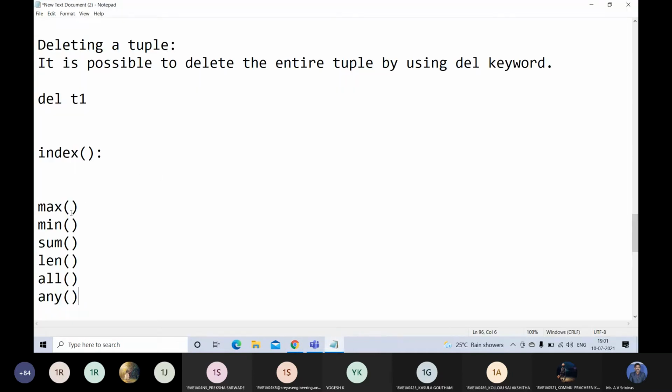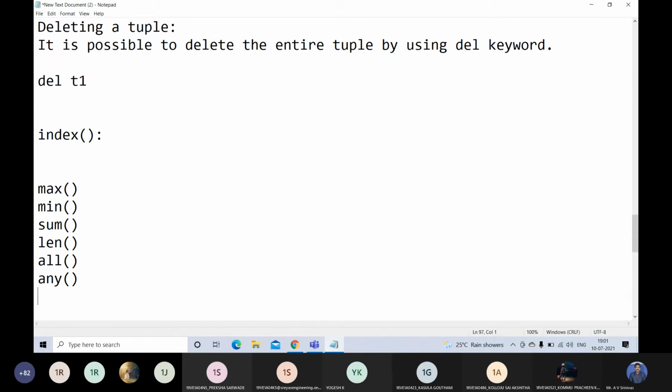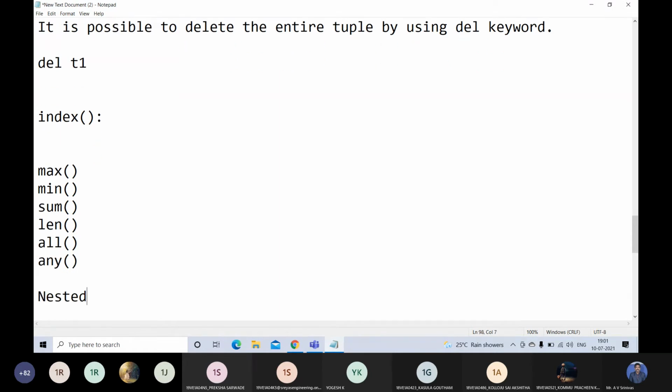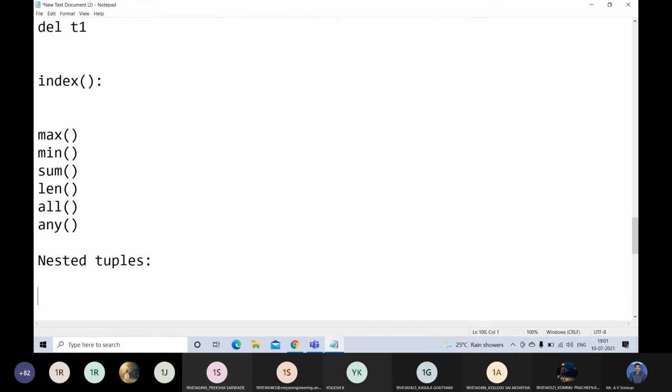So index, count, max, min, sum, length, all and any. And here also it is possible to write nested tuples, same as nested lists. One tuple within another tuple is possible.